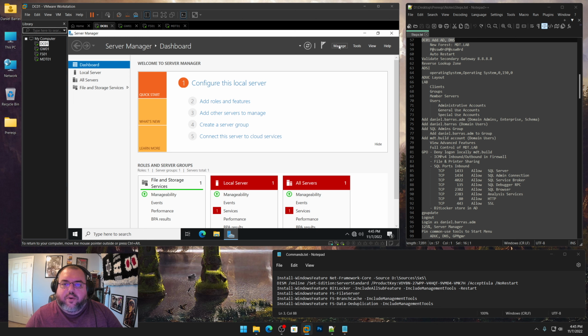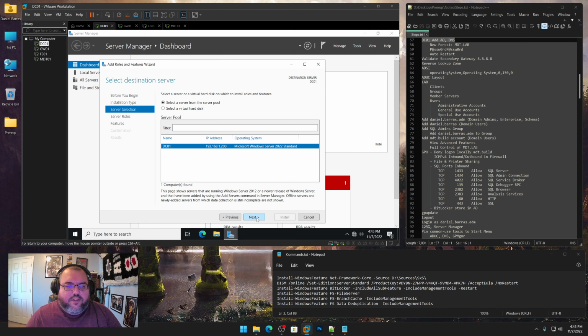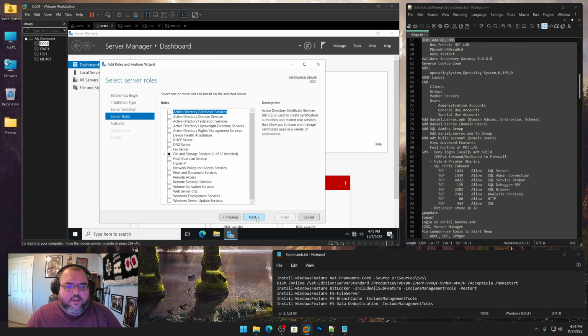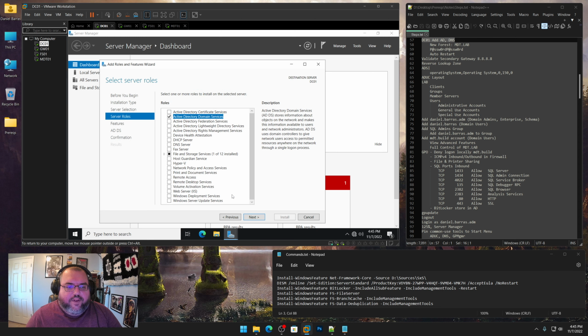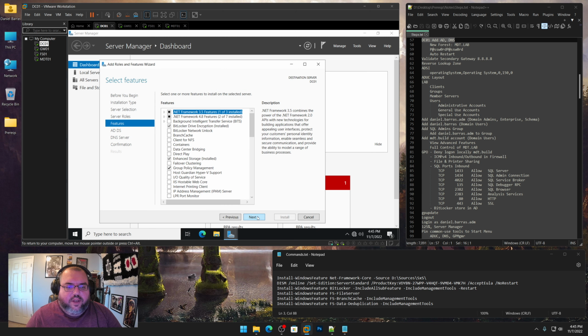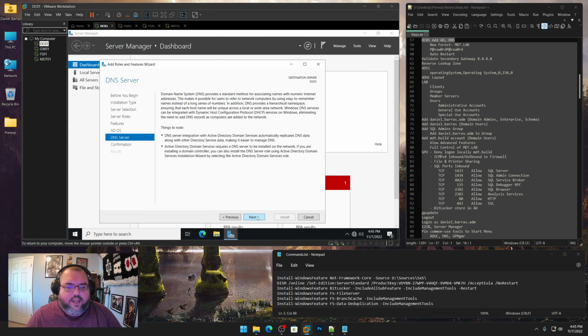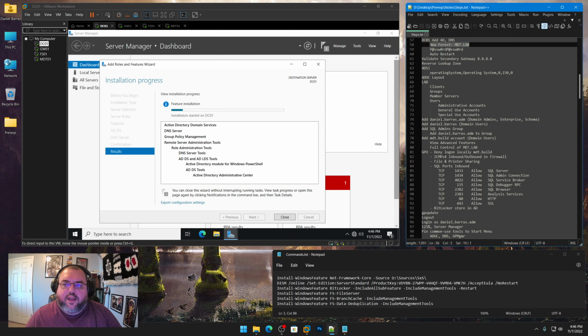All right, so click on Manage, add roles and features. You can skip this page by default. Next, role-based, DC01, we're good. We're going to click Active Directory Domain Services, click Add Features, and DNS Server, Add Features. Click Next, Next, Next again, and just click Install. Don't worry about the auto restart because it will do that once we're done promoting this to a